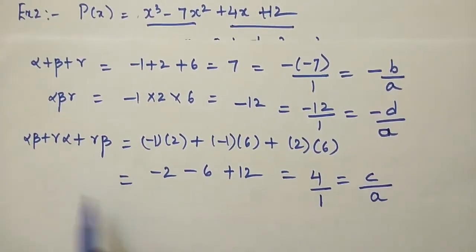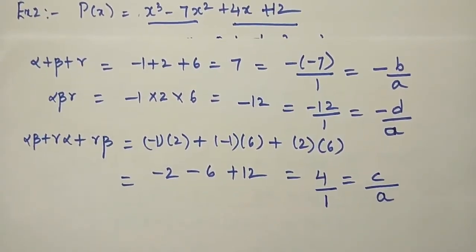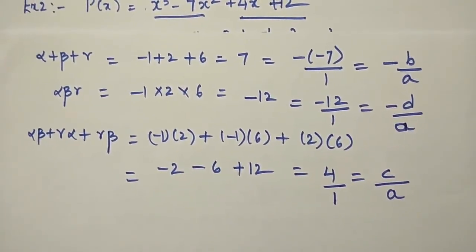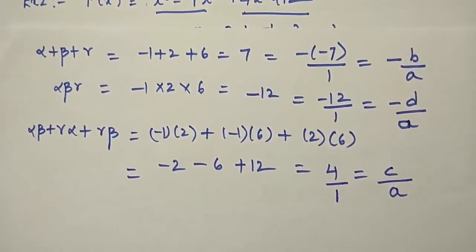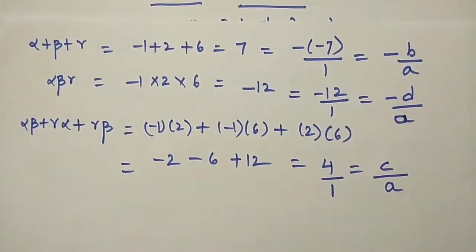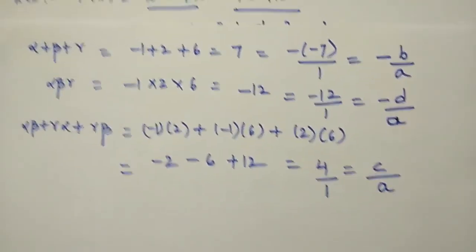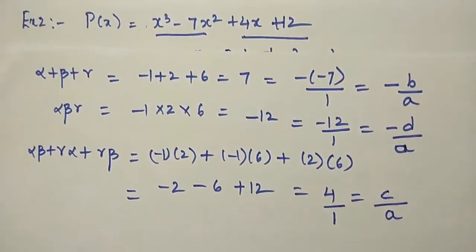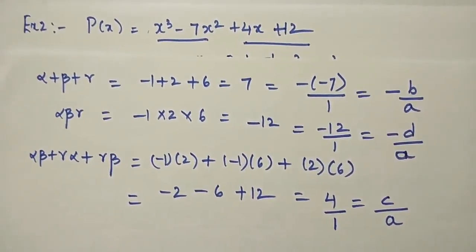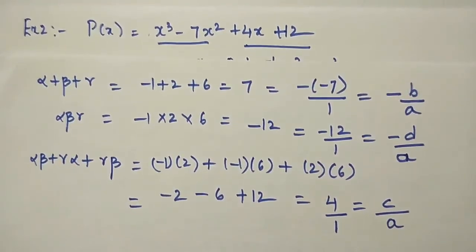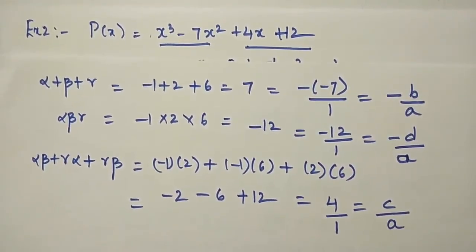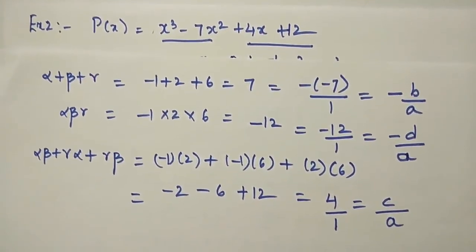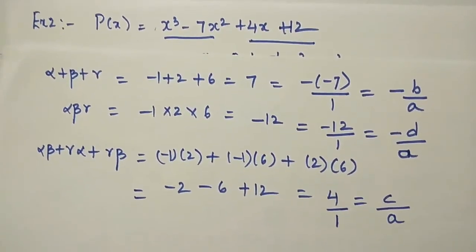We got all the three relations the same as we have got in the relationship between zeros and quotients for a general cubic polynomial. We have verified that this cubic polynomial can be expressed as a product of a number and 3 linear polynomials. We got 3 zeros and we verified that it has 3 relations. The 3 relations are the same as for the general cubic polynomial.